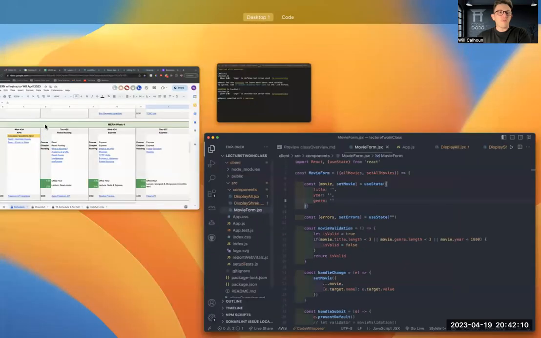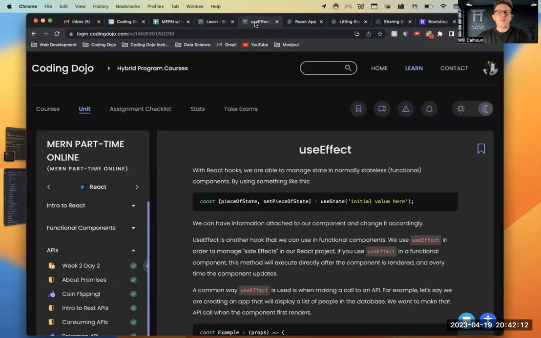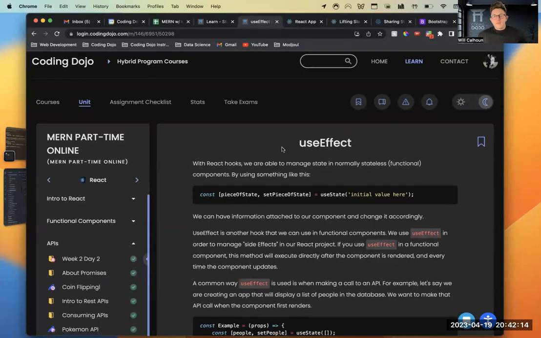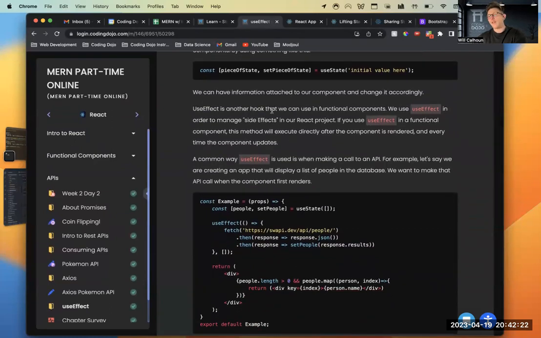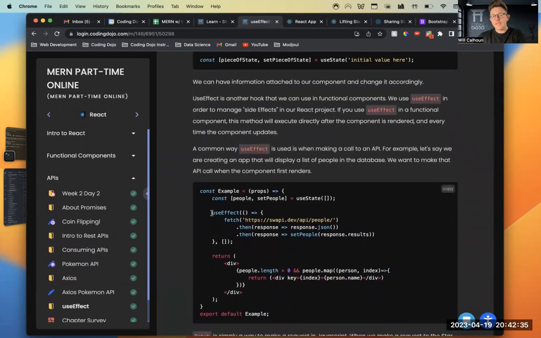Okay, so going back to that, I wanted to introduce use effect because use effect is another really popular hook, and it can do a lot of things. What students often think it does is that it's just coupled with an API. We haven't learned about APIs, and we'll learn more about it tomorrow. But if you're looking at use effect, you might sit and say, okay, well, this is some information.